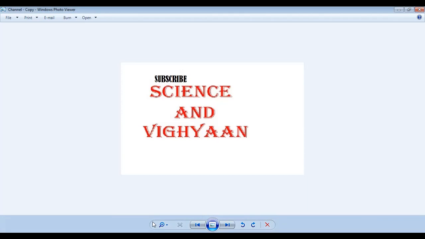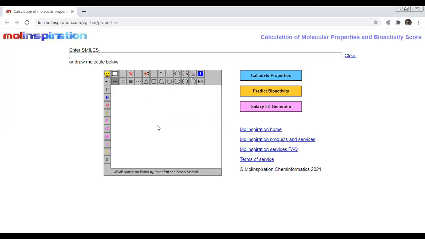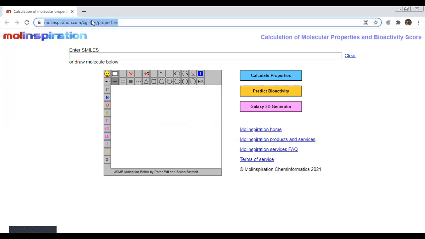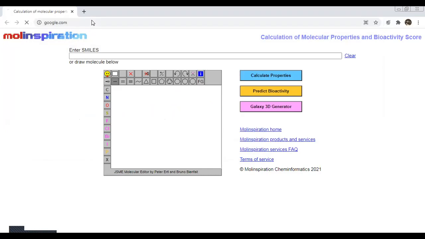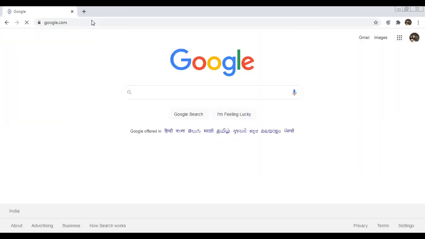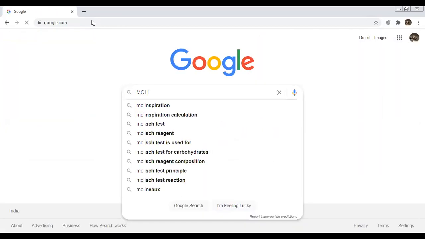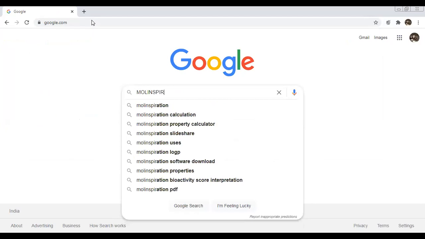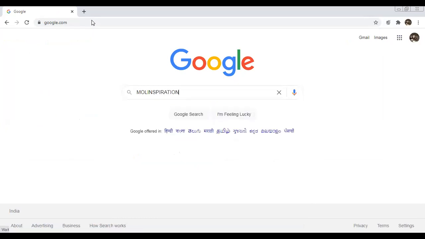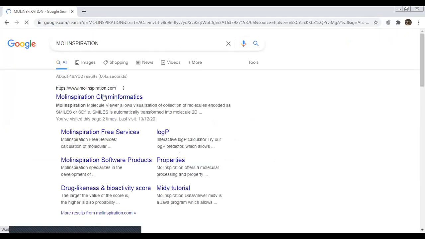So before wasting time, I would like to describe this web server. Fine. Okay. I think it is visible on my screen now. Okay, I would like to start from Google. Just type here Molinspiration. Fine. Okay.